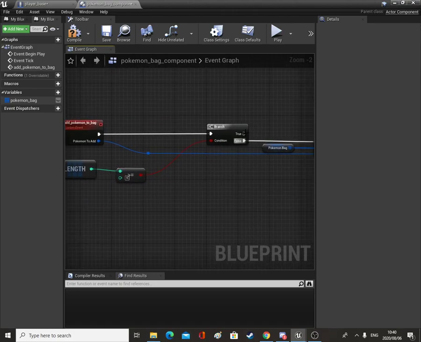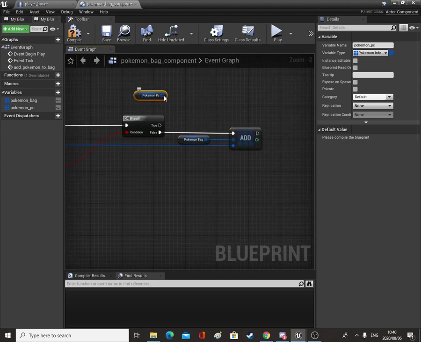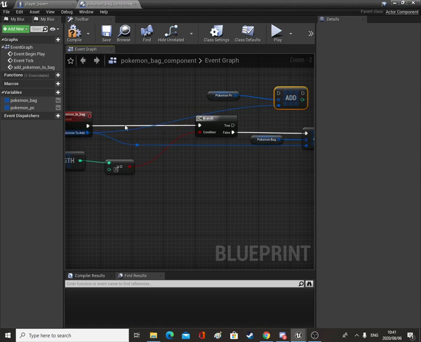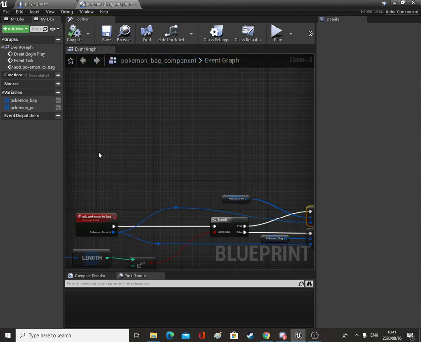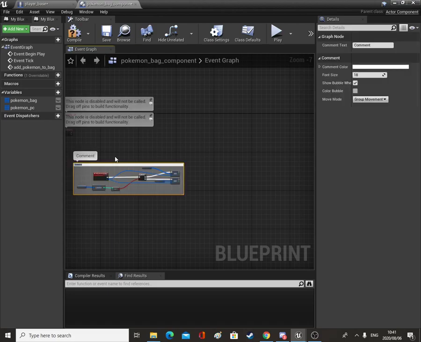So simple stuff, and then if that's true, we're going to add it to the PC, and we might as well keep the PC here as well. So we go Pokemon PC, and the PC is going to have an infinite amount of Pokemon. We'll just decide in the UI how to space it. So we'll just add it to there. Okay. Compile. And that'll be the first function for adding Pokemon, for our Pokemon bag component. And we'll just comment it out,